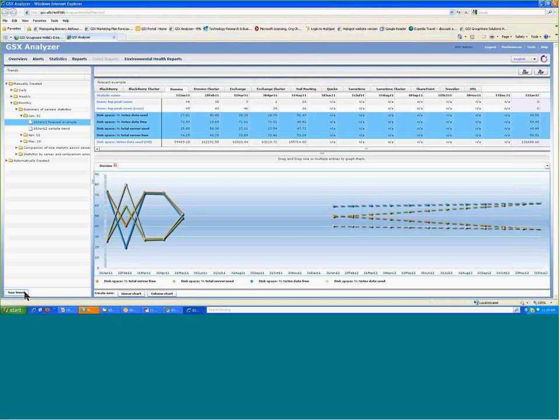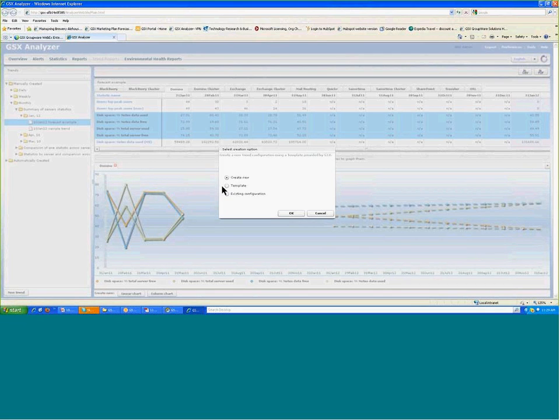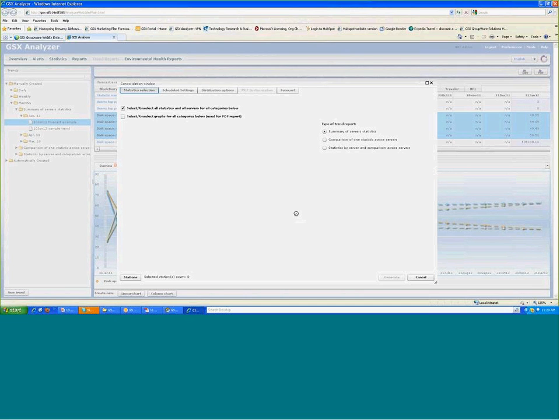Okay, so I mentioned this. I said I clicked on New Trend, and I can create one with absolutely everything, or I can utilize one of our templates, or I can take an existing configuration and add something to it. So let's just create a brand new one where the forecasting is. So it's building my whole data dictionary, so it'll take a couple seconds, but you can actually see the forecast